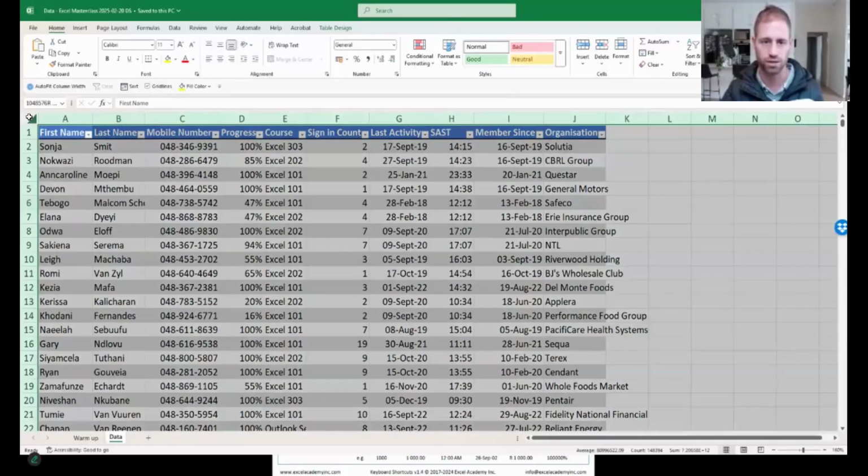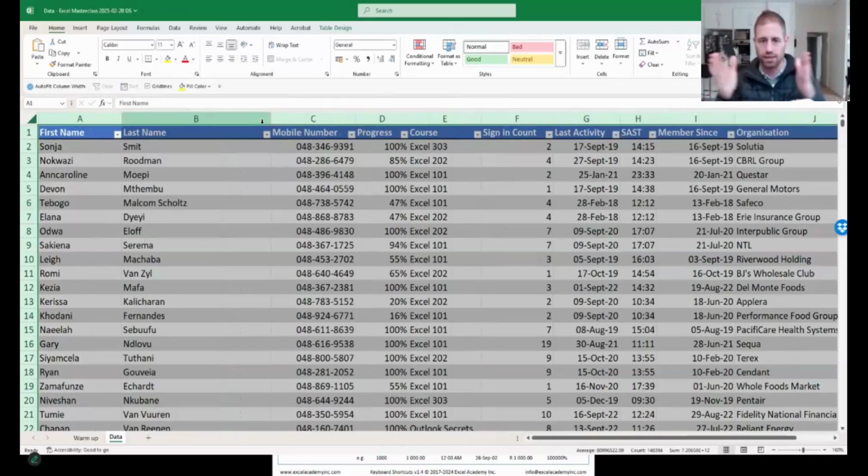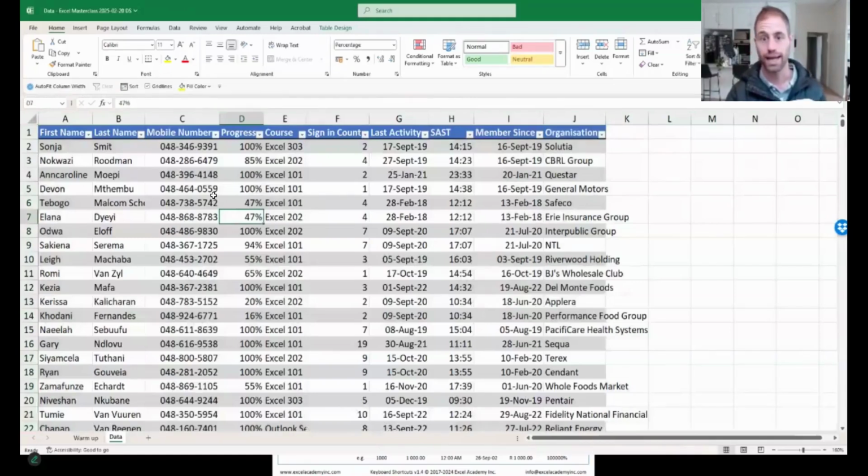So what I can do is either use my mouse to select everything in the spreadsheet by clicking on that little triangle and then double clicking between A and B or B and C, and you can see that it's widened the columns, it's auto fitted the columns. All right, I'm going to press Control Z because what I want to show you is